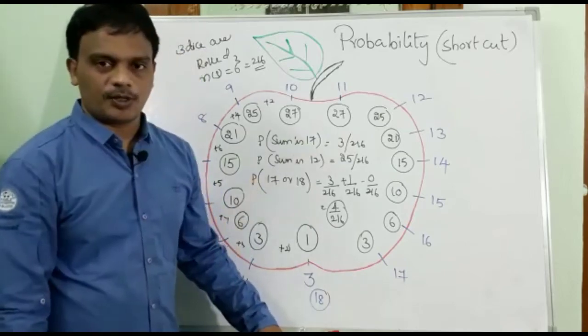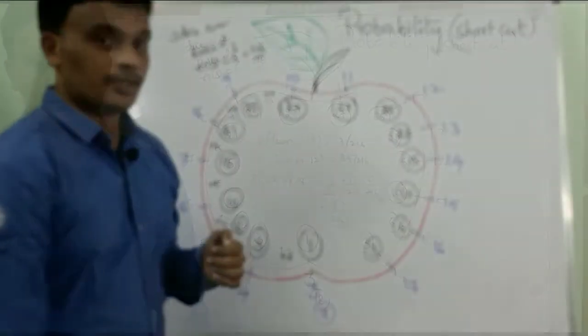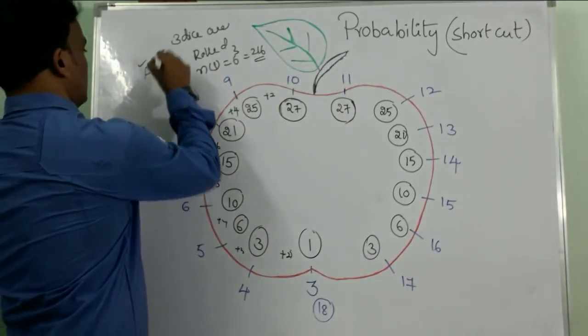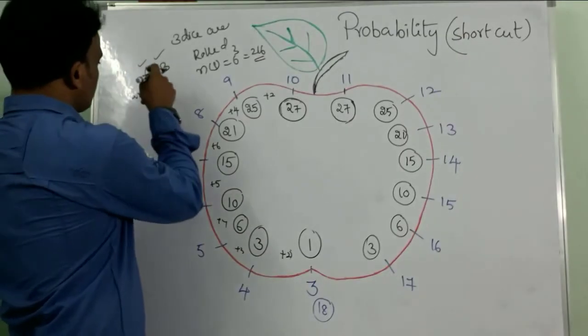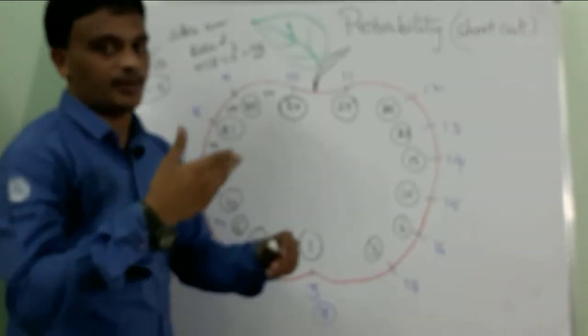Let us see. I will discuss one more problem based on dice. They may ask questions like this. Let A and B be 2 persons. Both rolled the dice, 3 dice rolled simultaneously. And the sum of the numbers on the 3 dice for A, suppose, is 15. A and B are the 2 persons who roll the 3 dice simultaneously. The sum of the numbers on the 3 dice for A is 15.